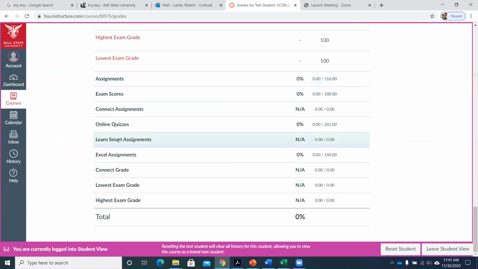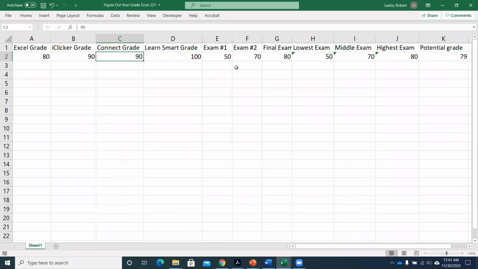I can find my Learn Smart grade, my Excel assignment grade, all these different ones. Sorry, the Connect grade is a little different. Connect assignments had the original ones, the ones in which we have a way to assign to, you can find these right here. So you'll plug in whatever your Connect grade is. Let's say on average you get a 90 across the Connect assignments, 90 for iClickers, 80 Excel, 100 on Learn Smarts. You then put in your 2 exam scores. So maybe I got a 50 and then a 70, right? Whatever your scores are, you would put in here,